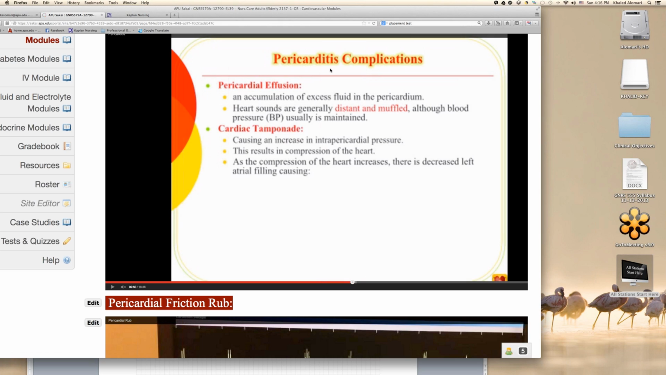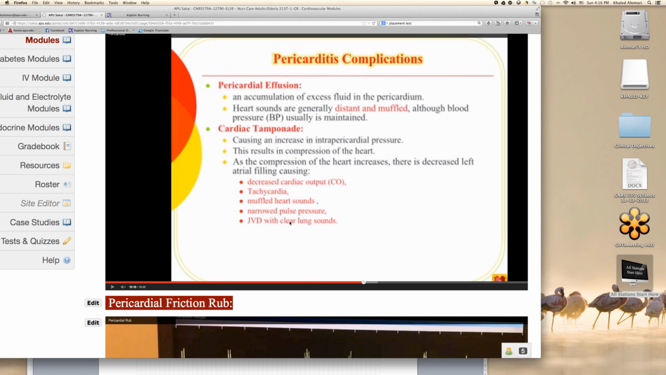There are two problems that can be a complication of pericarditis. Again, they are more of a restriction on the heart, and they cause pretty much the same symptoms. Low cardiac output, which the body tries to compensate for with tachycardia. The heart sounds are muffled. The pulse is narrow because the systolic is trying to